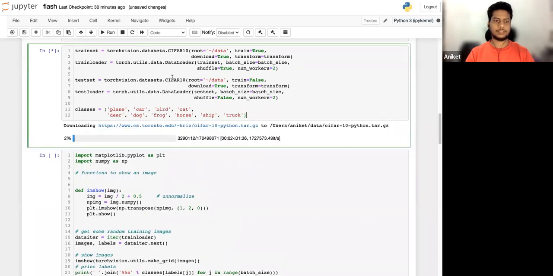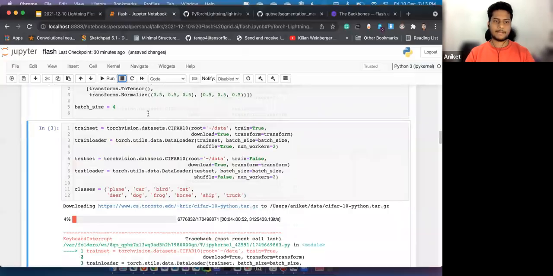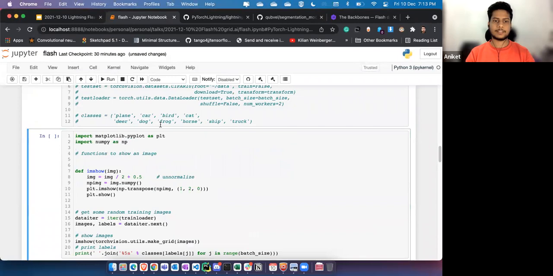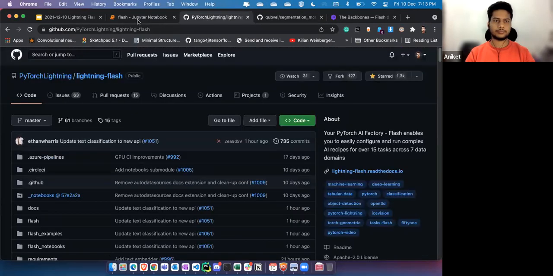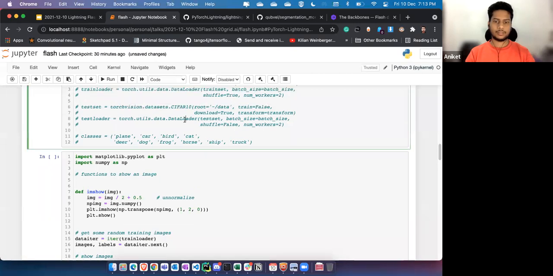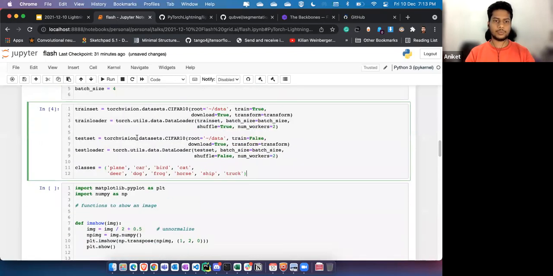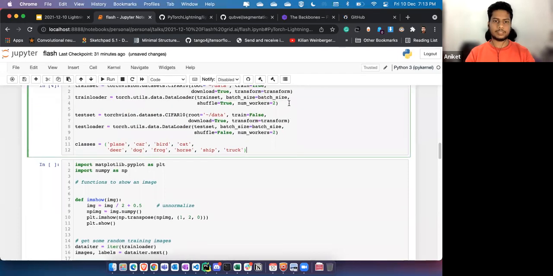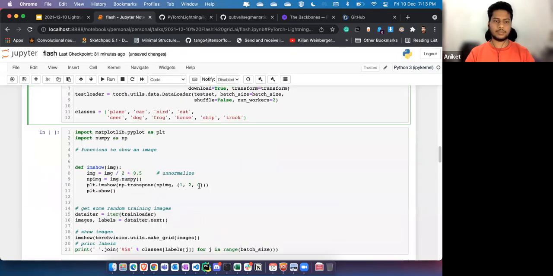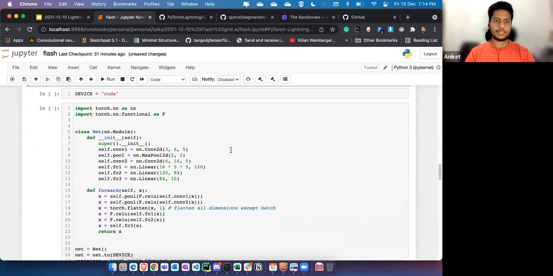Okay, it is downloaded. So it is available in my Git as well. But this code will basically show some of the images available in my dataset.